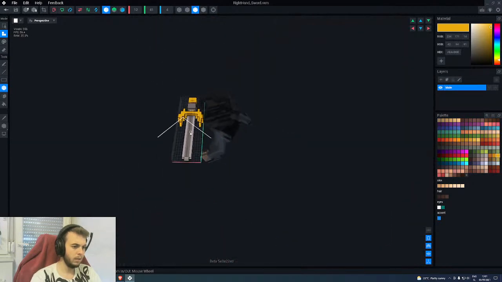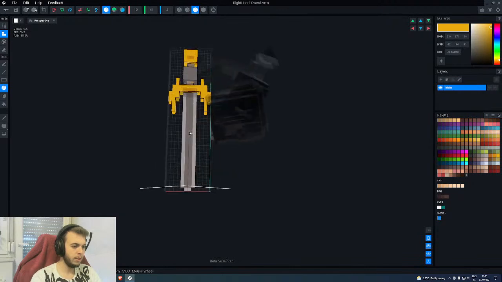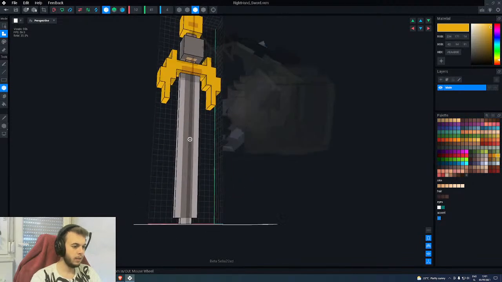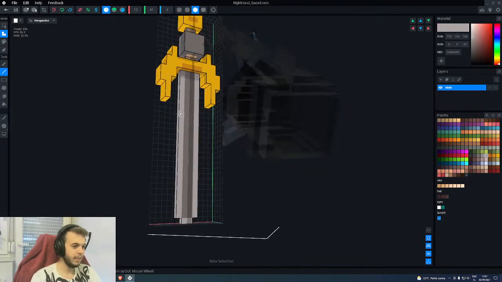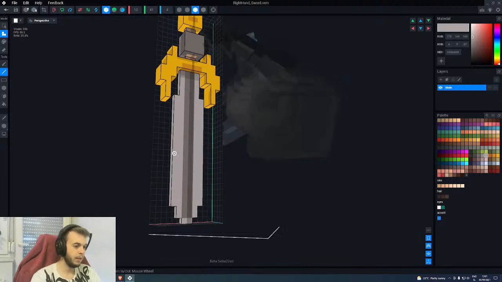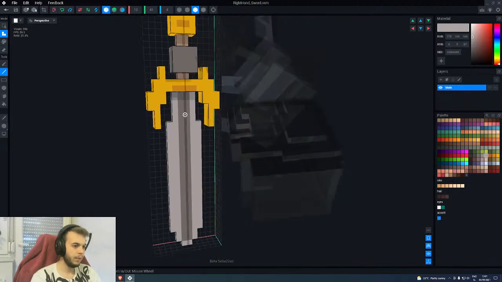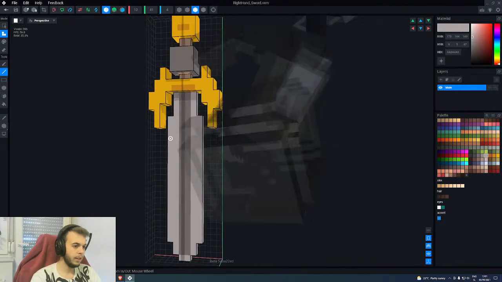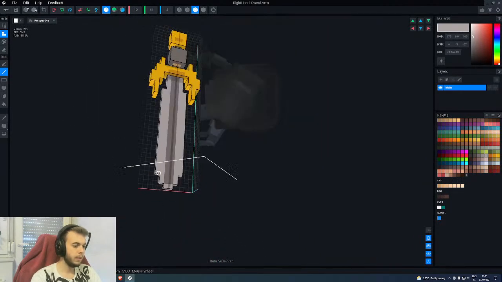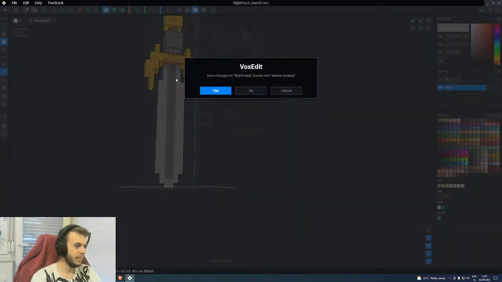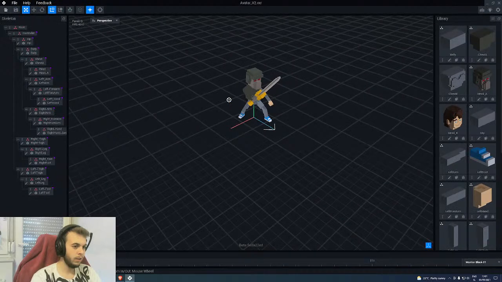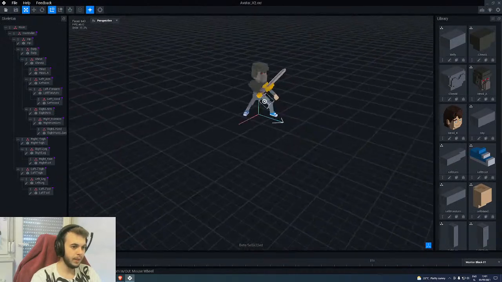Okay. Now it looks a little bit bigger. And then maybe as far as the blade is concerned, we could make it slightly wider, like from there. So let's see, something like that. And then we're gonna figure out the colors a little bit later. Now we're just doing kind of the modeling. So that,